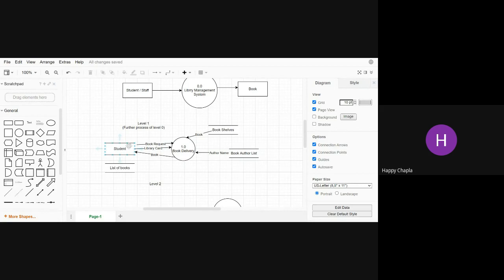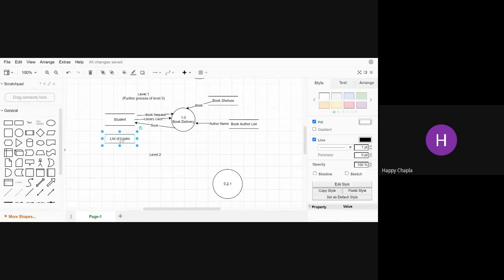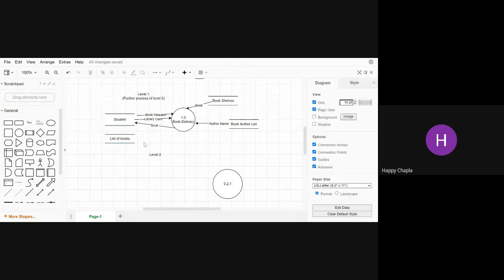Then student database, they can perform the book request for book delivery, they can show the library card or represent it, and later on it will provide you the book. As well as list of books are also there, so you can connect it like this. For a searching purpose I am providing, for a resultant value I'm storing it into this.